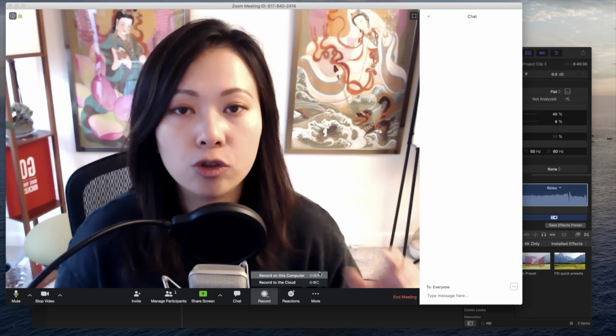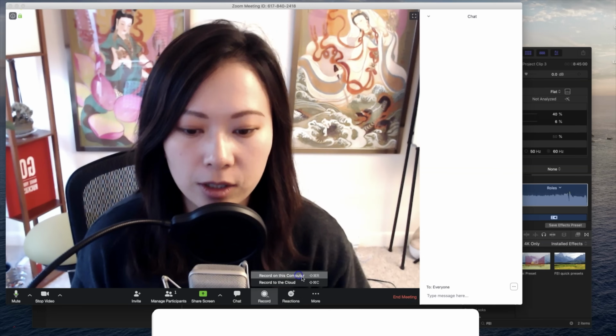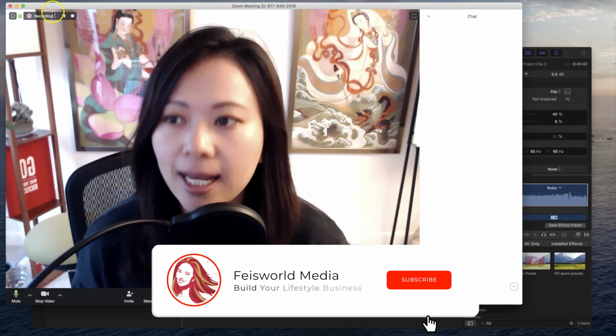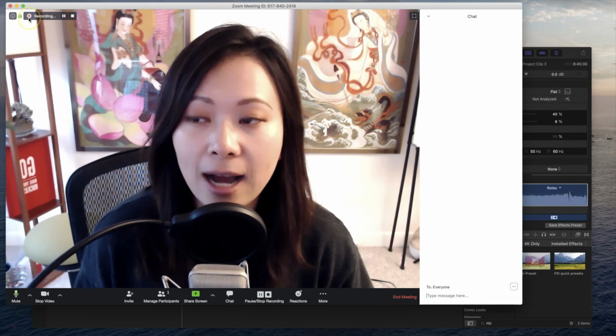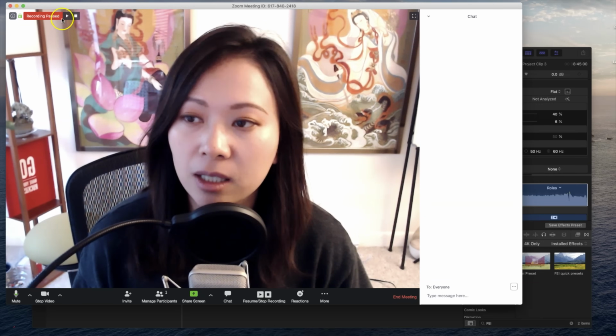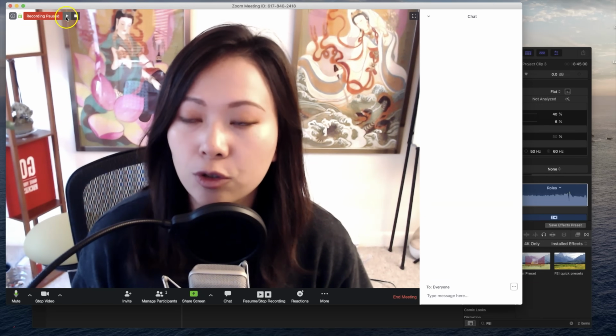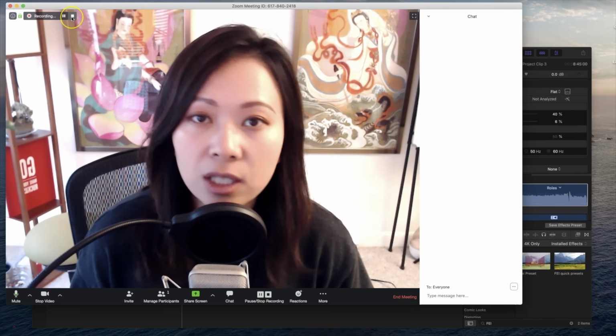The recording will start in the background and you will be able to see an indicator in the upper left-hand corner. So let me show you an example. Now, a recording starts, you can see that it's blinking. Now you know it's working properly. And to stop it or to pause it, simply click on pause. And to start again, you can hit the play button again to resume recording,